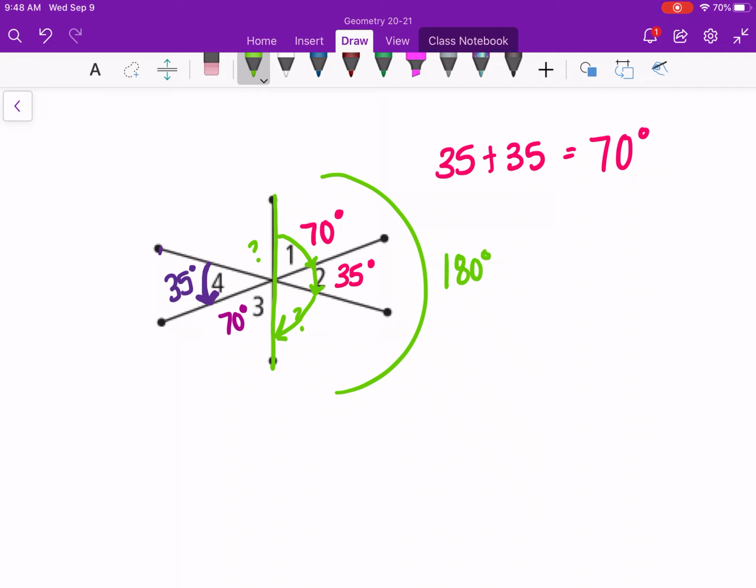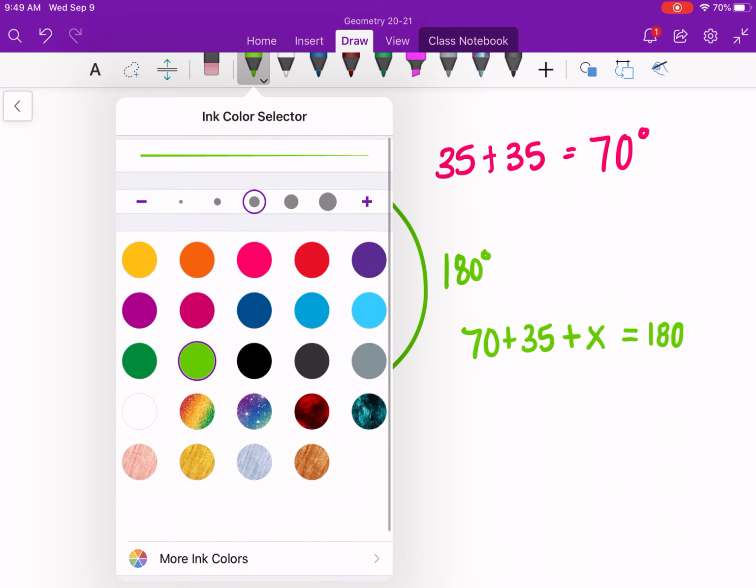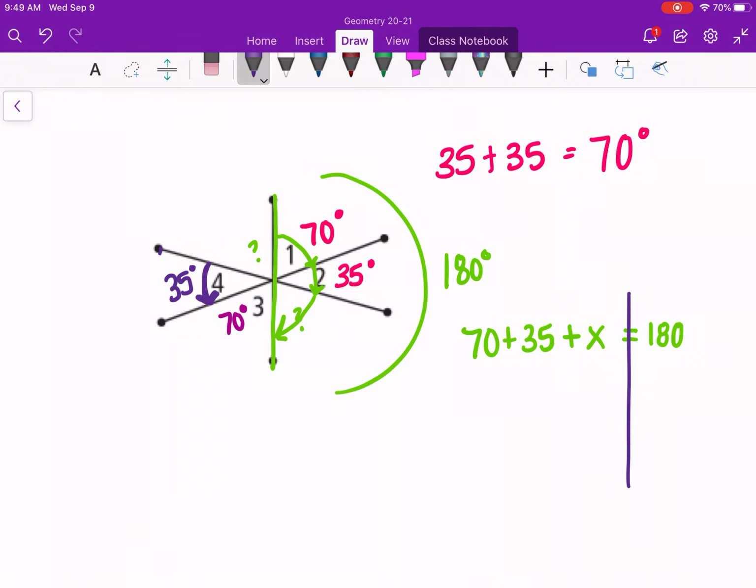So I can do a bunch of things. I'm going to say 70 plus 35 plus, and you can do whatever you want. You can do plus question mark because we don't know that angle. If you want to be a really strong mathematician, you can write x because x always symbolizes a variable that we don't know. But all I know is those three numbers together equal 180. So in order to get x by itself, I'm going to subtract 70 on both sides, and I get 35 plus x equals 110. And then I'm going to subtract 35 on both sides, and I'm going to get x equals,